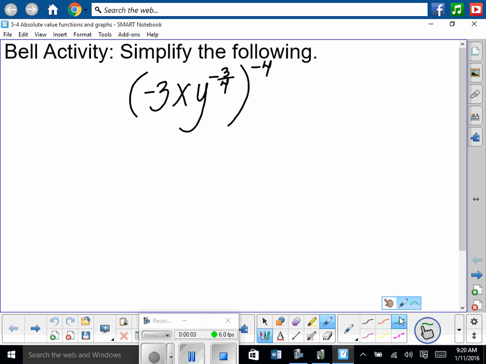You guys had said that if you saw something like this, you'd be able to do it. So it's all this stuff being raised to the -4 power. So once again, all this stuff being raised to the -4 power here. So we have -3 to the -4th power, x to the 1 times -4. Raise a power to a power and you multiply. 1 times -4 is -4, and then -3/4 times -4 is